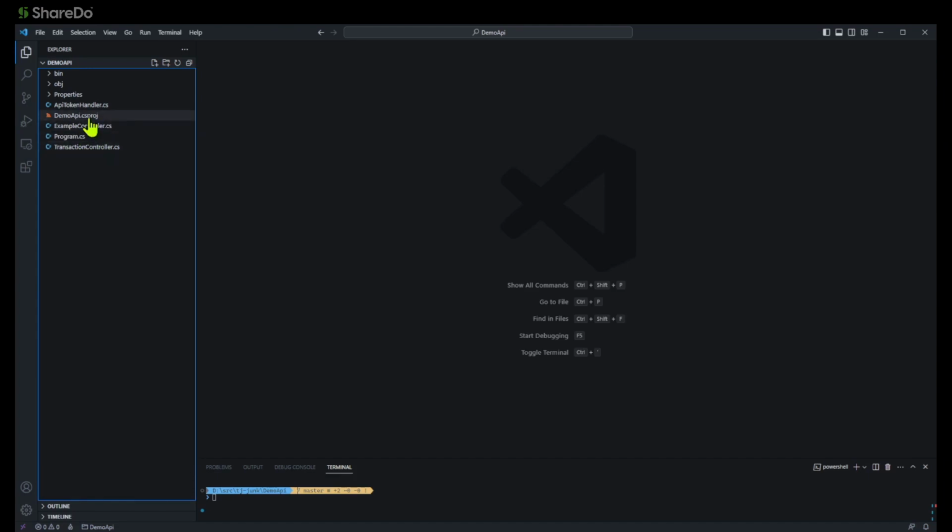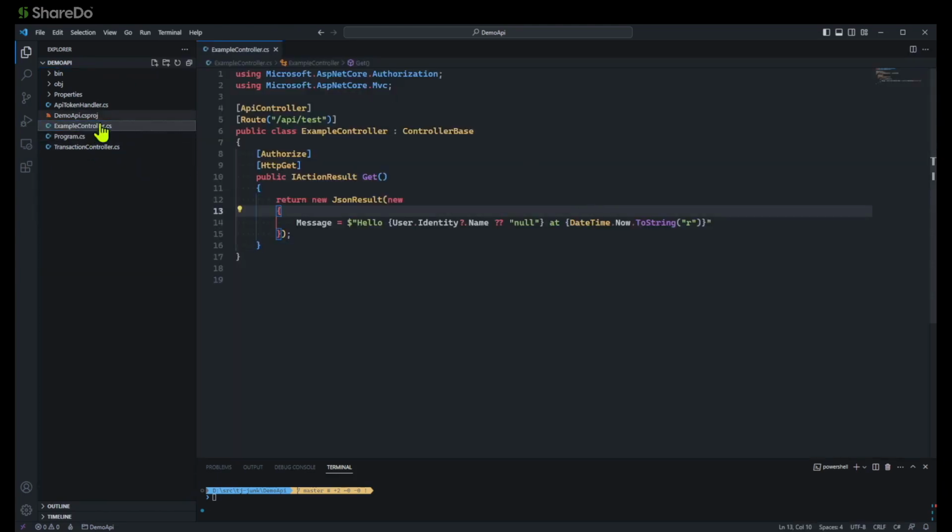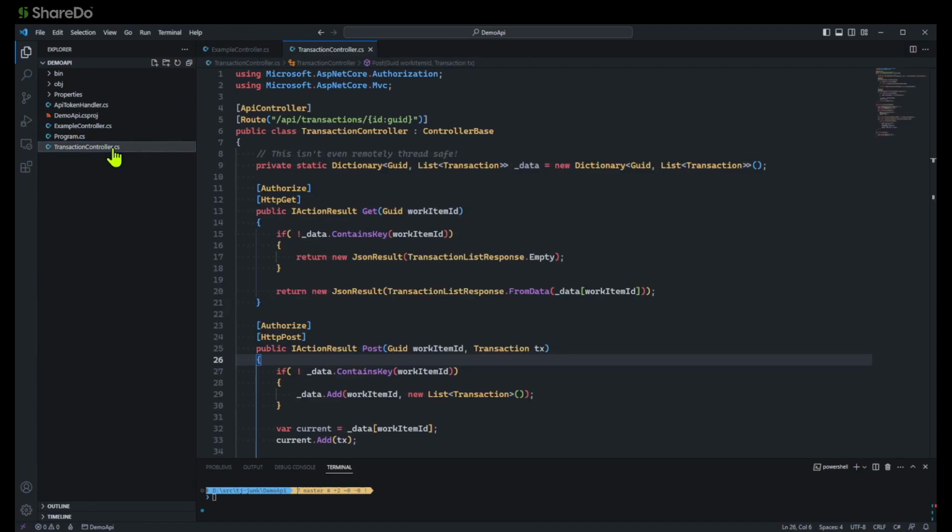So I've basically got an example controller. I'll start with the controllers. I've got an example controller that is at /API test. It's a get method that just returns a message about who I am and what the date and time is. But then I've also got this thing called a transaction controller, and none of this is particularly best practice code. It's not even remotely thread safe. You would never really hold your data in a dictionary that gets reset every time you restart the server, but